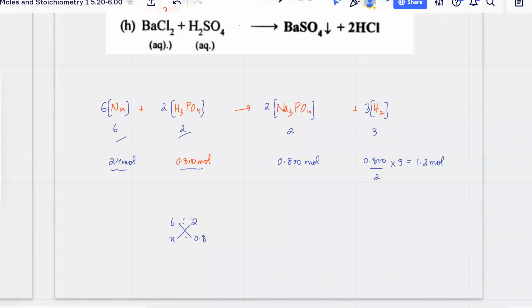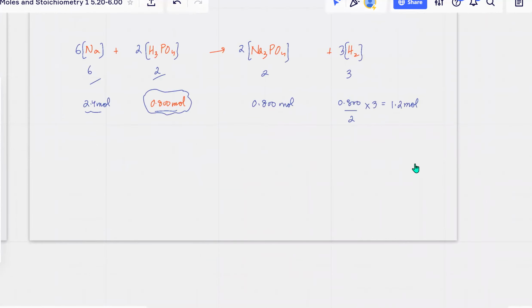Asha, instead of using ratios every time, the simple thing is: if you're given moles of one substance, you can find the moles of all the other substances. Just pick those moles, divide it by its ratio, and then multiply it by whatever the ratio is. Let's do another one. Okay, I've got 6 NaOH